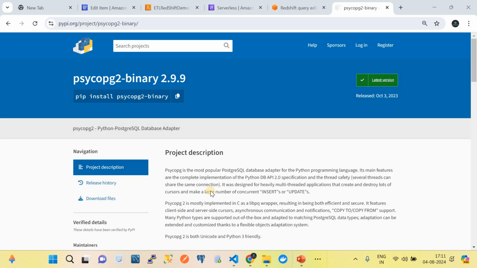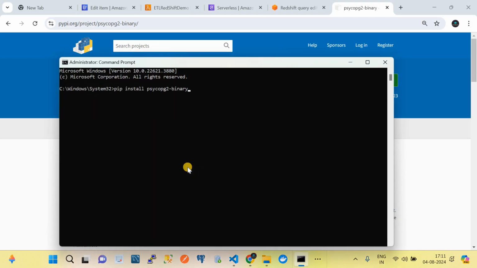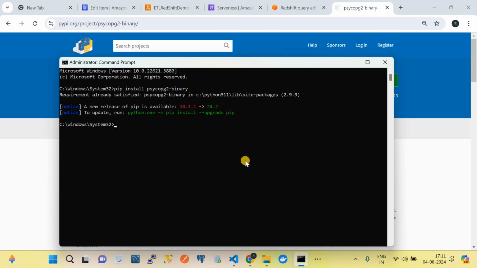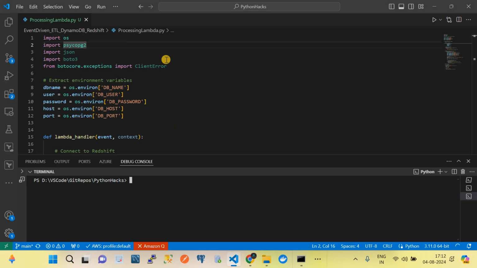Then go and run this particular command, which will install the PostgreSQL module for Python in your system. In my system it is already installed, so it will not do anything. This is basically a prerequisite if you want to connect to the Amazon Redshift cluster. Remember that in our case,